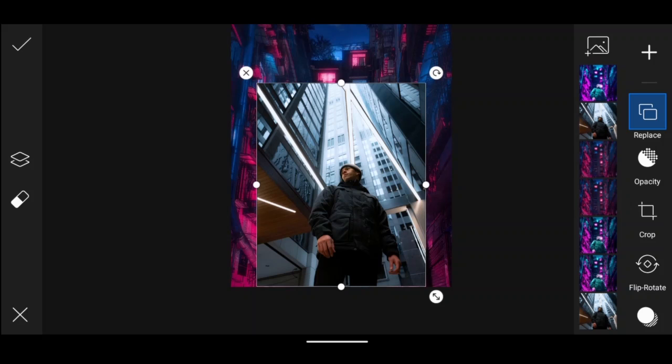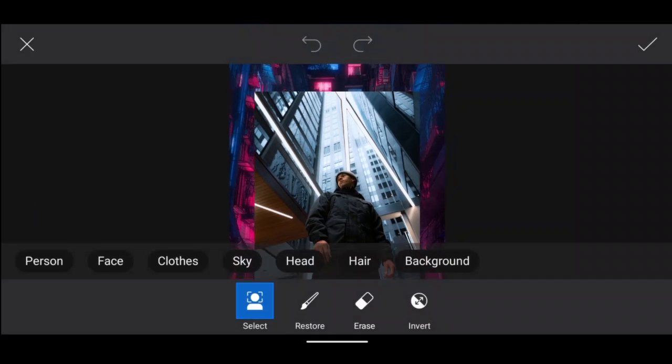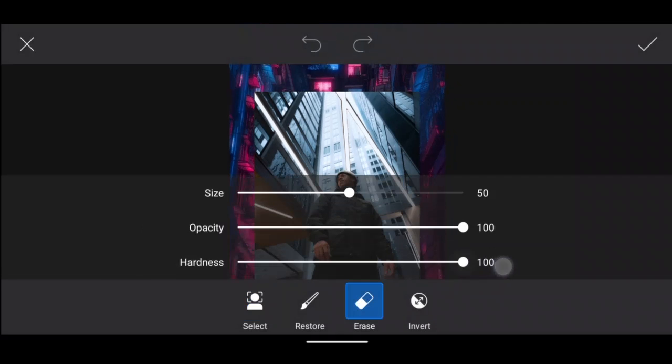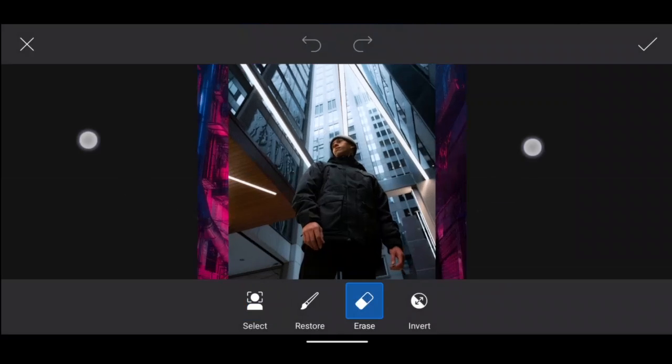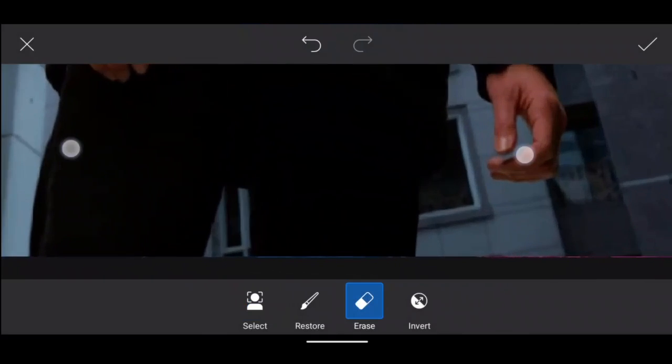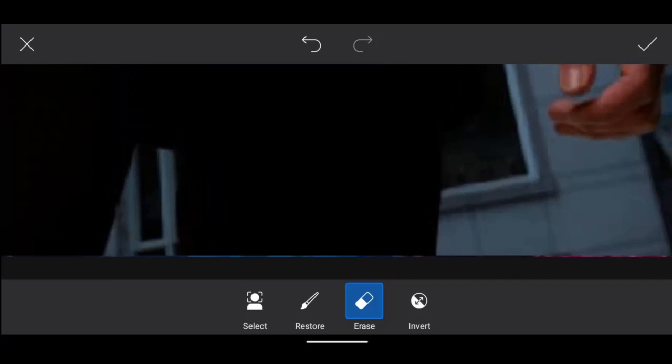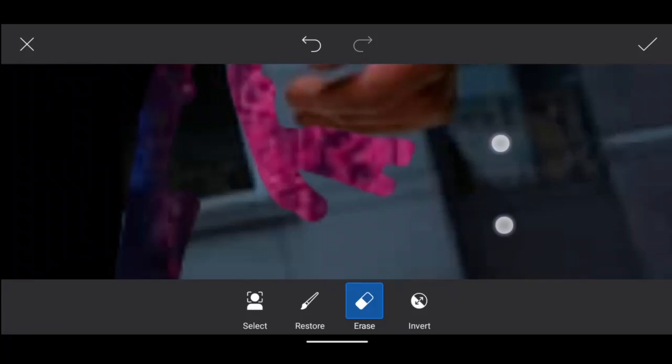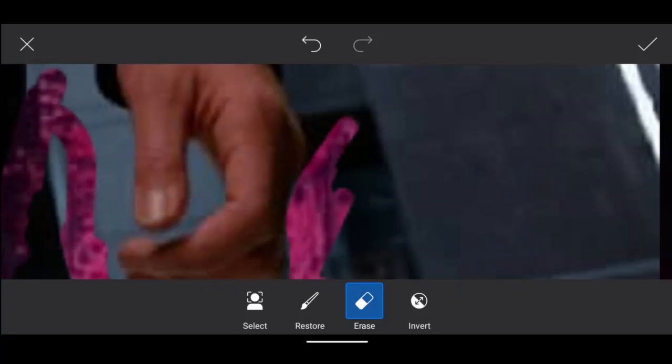For removing background, click Razor tool here and then click Razor and increase the hardness and decrease the size of this brush, and then start to separate the subject from the background. And this is non-destructive. If you have removed the subject, we can always check the restore and paint it there to restore our subject.